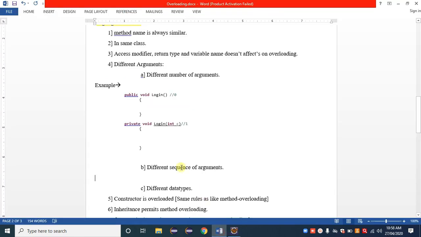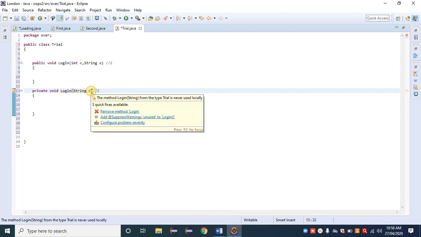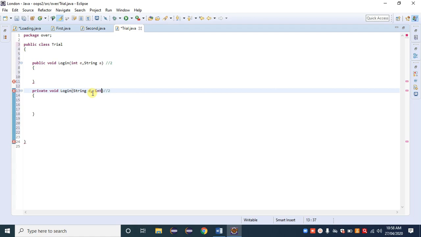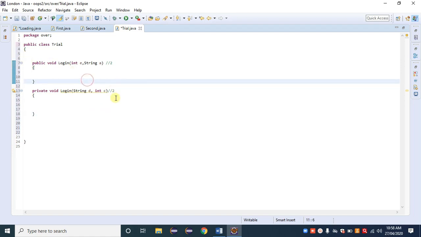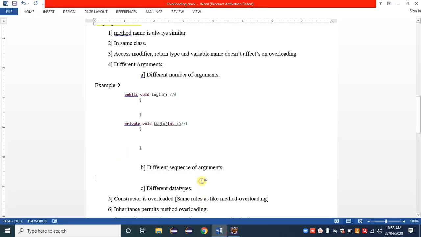What is our point? Different sequence of arguments. Just reshuffle their sequence, comma int C. Okay, the error is not here, which means that it's permitted. We can also use such kinds of things here, Control C, and here Control V.